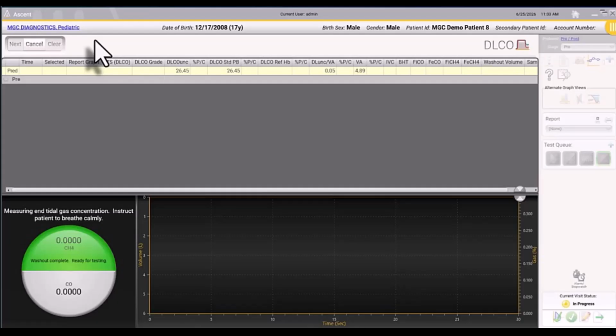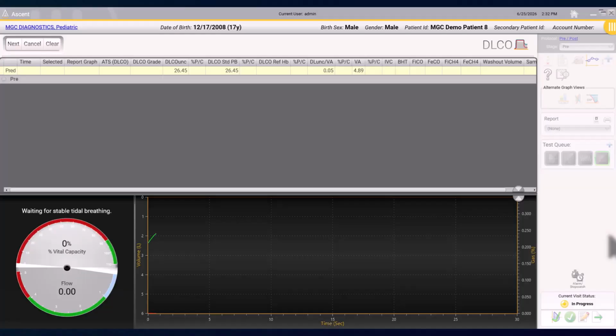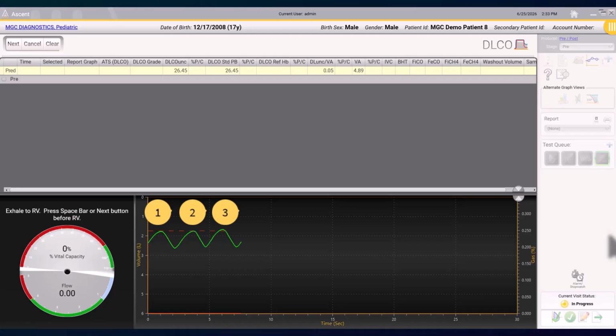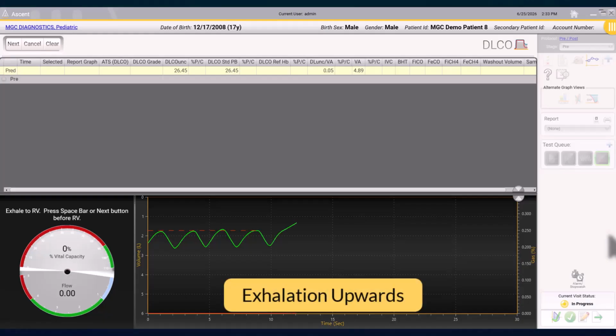For purposes of this demonstration, the speed of the video will be slowed down while we narrate the different maneuvers of the test. With the tidal volume displayed on the volume time graph, the software is waiting for 3 stable tidal breaths. Once it collects 3 stable breaths, the graph will display a red dotted line indicating the average end tidal point. Next, have the patient empty their lungs by performing an unforced exhalation all the way out to residual